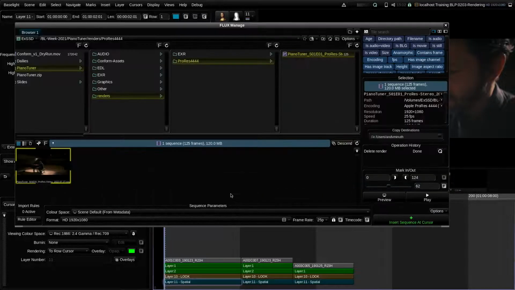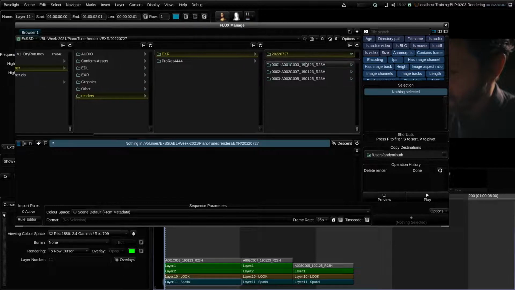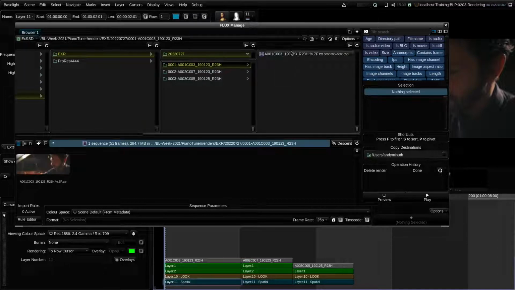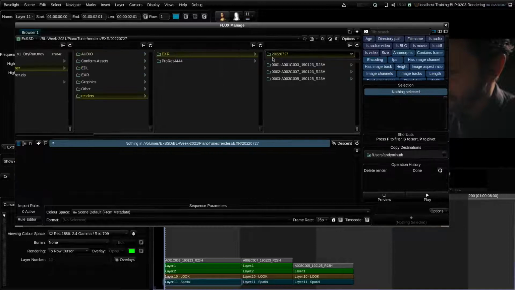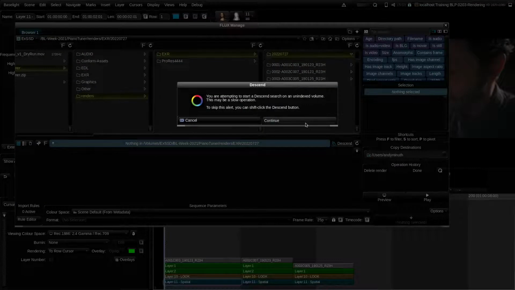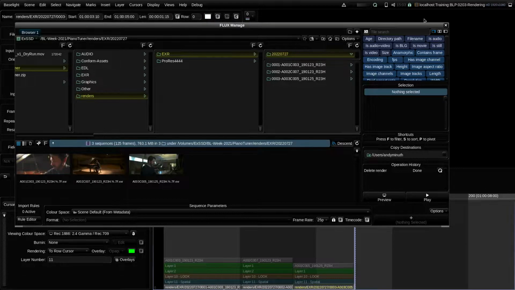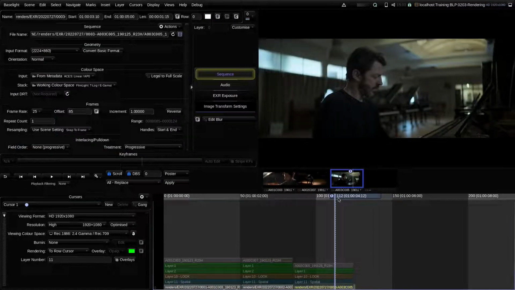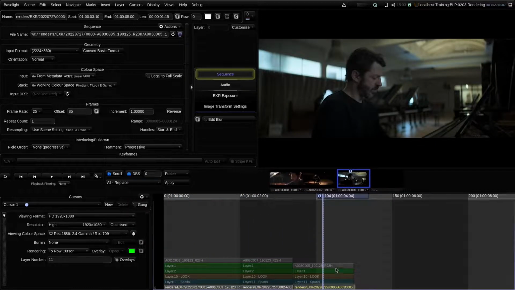And so now let's check our EXR renders. So here we have our date folder, and here we have 3 subdirectories with our desired naming, and inside each one we have the EXR sequences. To insert all at once, I use the descent button. So now I can see all 3. I double click here. So now I have these 3 here below in the timeline, and they will not match